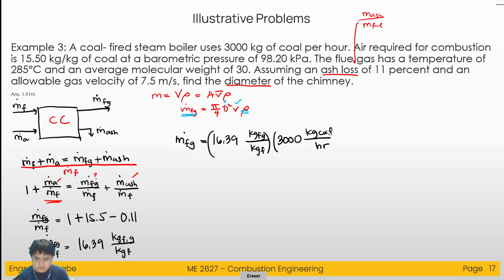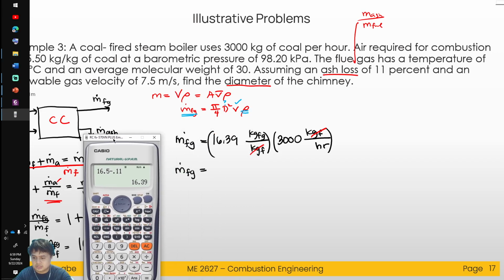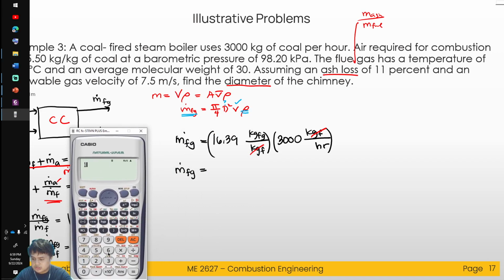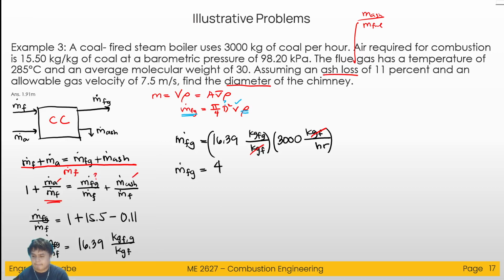So the fuel is also coal. We can just write here kilogram of fuel, and we can cancel this out. The answer here is this, so the mass flow rate is equal to this. Since this is per hour, 16.39 times 3,000, so 49,170 kilogram of flue gas